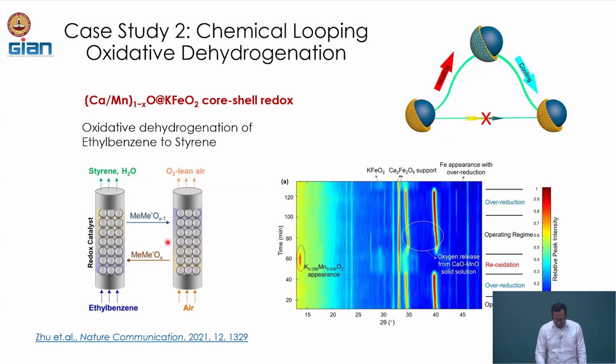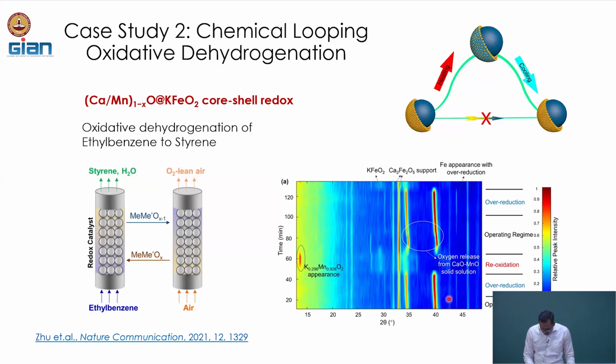And the material we are looking at is a core shell type of material, where we have calcium and magnesium oxide present at the catalyst core, and we have potassium promoted iron oxide present in the shell. Okay. And from the in situ XRD, we are seeing under different conditions, oxidative environment, reaction environment, and over reduction environment, how things are changing or what the oxide phases are that are evolving during the reaction. Okay. So, what we are seeing is that